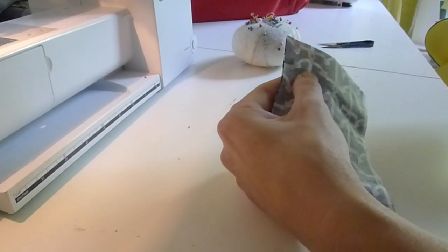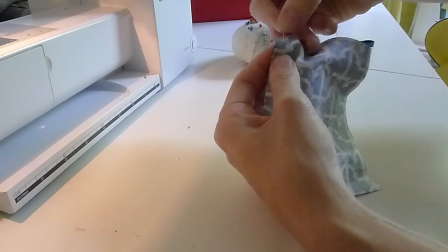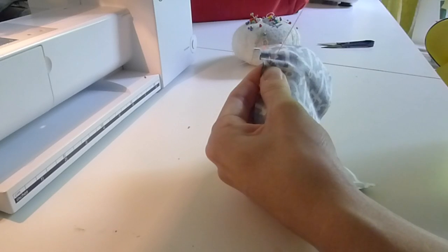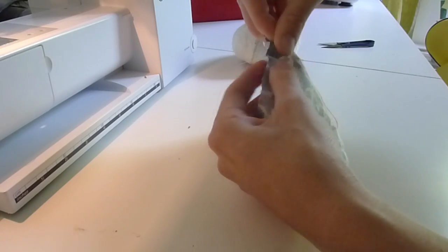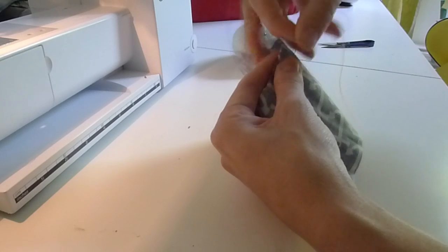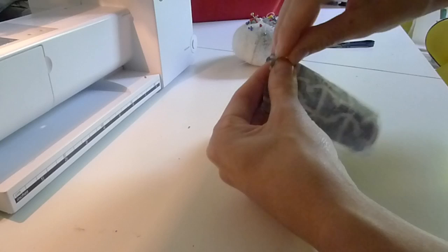It doesn't need to be really neat because it's only temporarily holding the fabric together, and you just go in and out down the fabric, keeping stitches about 1 centimetre, probably a bit less. So you go all the way down the edge of the fabric, or where you want your seam to be,